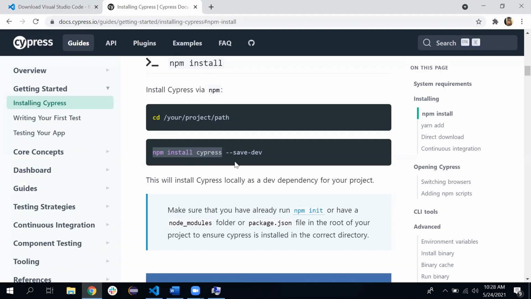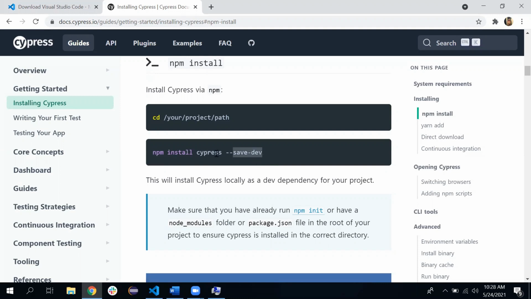But if you run the npm install cypress --save-dev command, that will not only install Cypress, but it will include Cypress in your package also. So if you share that package with someone else, they need not run that command again. They directly import your package and use it. That's why we are using the --save-dev option.